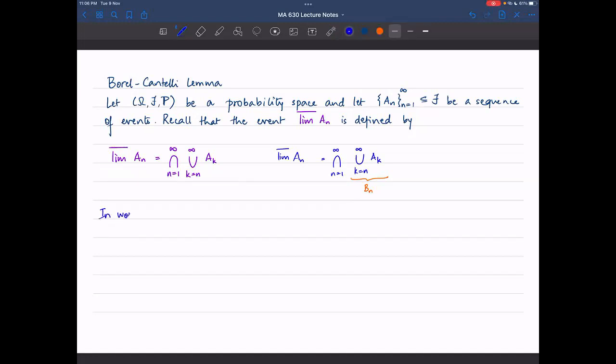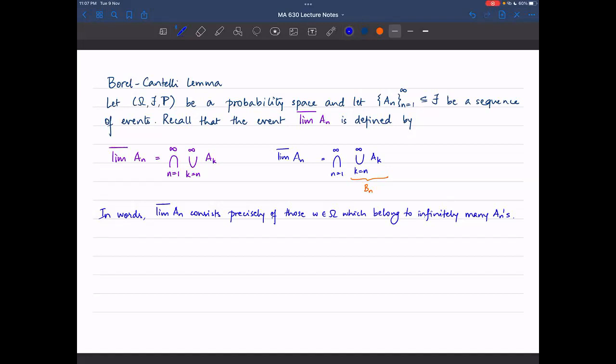In words, lim sup A_n consists precisely of those ω in Ω which belong to infinitely many of the A_n's. As an example, if there is an ω which belongs to A_1, A_4, A_7, A_10, A_13, A_16,